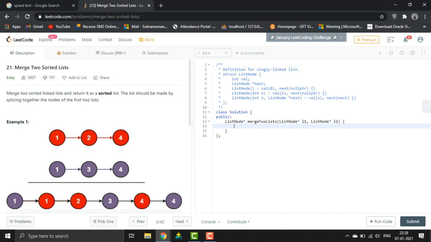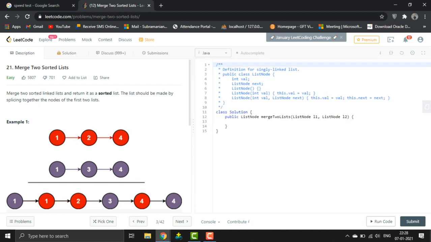Two linked list nodes are passed into the function. So we are going to check them.